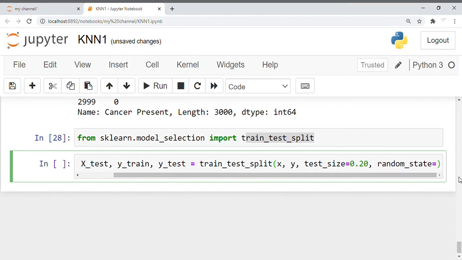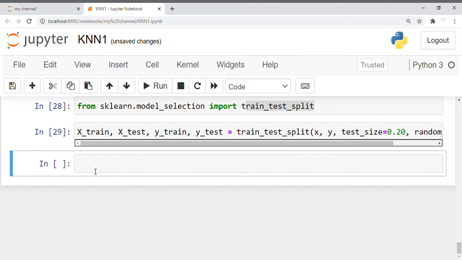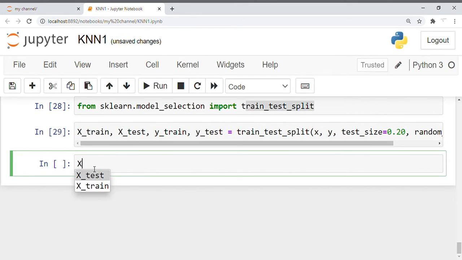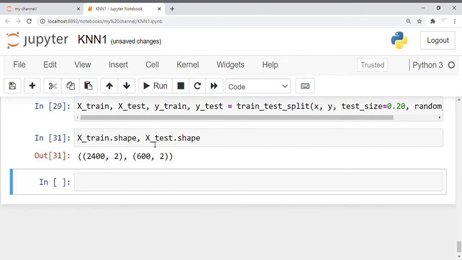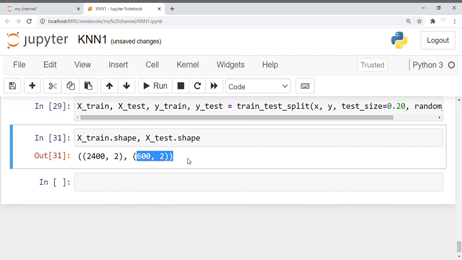Let's imagine that I'll set it to 100 now. Okay, so I'll keep this 100, and then I go further and check the shape of your X train. It is nothing but 2400 records and 2 columns. And when I check your X test, X test dot shape, you know that shape will give us the size of your data, right? It is nothing but 600 records into 2 columns, right? So that is your X train and the X test.